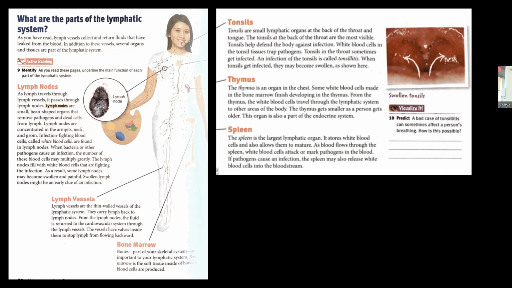So this is the lymphatic system. The lymphatic system is very important for draining the excess fluid from all over the body and fighting infections. You can see there's a lot of white blood cells. These are the cells that fight infections, located in very strategic areas inside the lymph nodes, tonsils, thymus, and spleen.